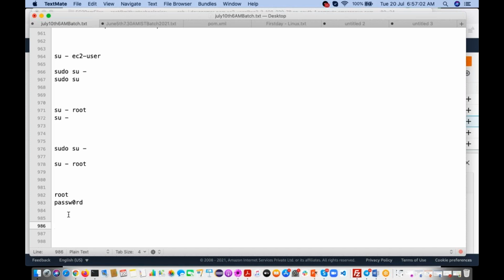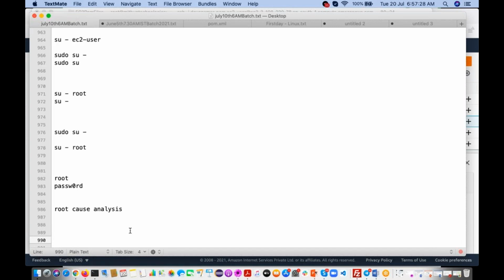So while doing root cause analysis, meaning how this issue happened, what is the cause of this incident, they do the analysis. This is called root cause analysis. Your lead is going to ask, hey, did you do any root cause analysis on that issue? Yes, I did. I found that someone executed a command with this particular user,